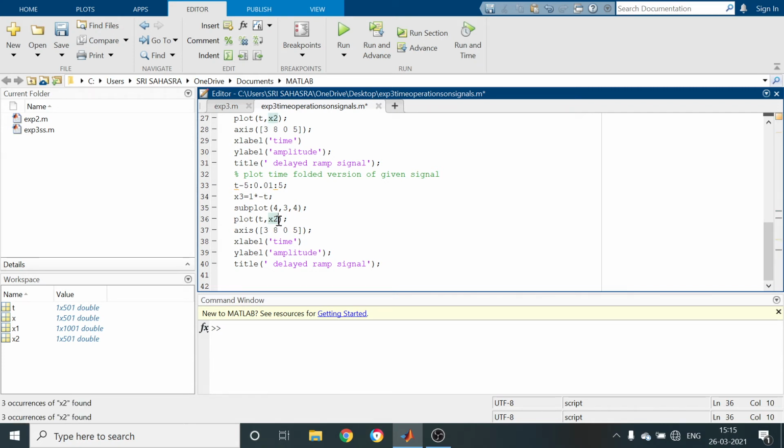So plot t, x3. Next, x-axis is time, y-axis is amplitude, whereas the title is time reversal signal. Just run the program.